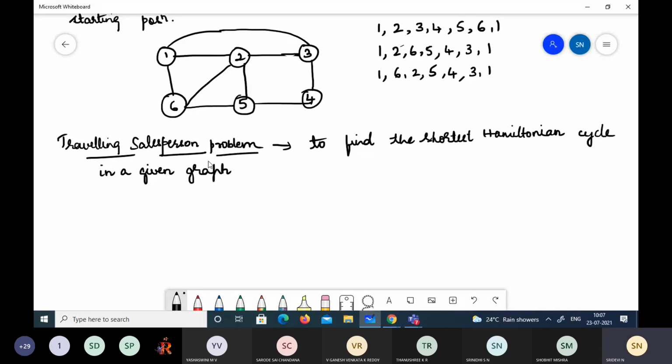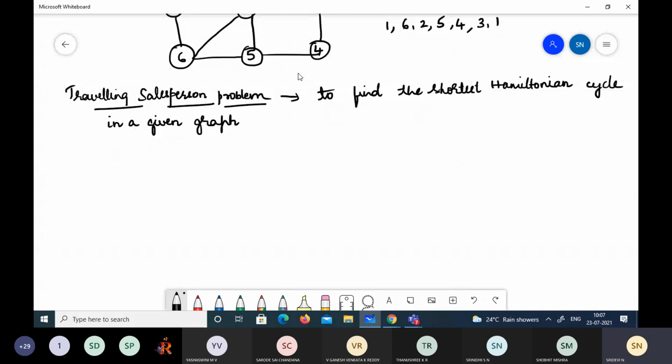So let's start with how to find the shortest Hamiltonian cycle in a given graph. When it says shortest, you will know that it is a minimization problem wherein you will have to find the lower bound, isn't it? Shortest means the smallest, and smallest means the lower bound. So how do you calculate the lower bound? We calculate the lower bound by considering the sum of the distances from any particular city you choose to the two nearest cities. Suppose this is the graph.